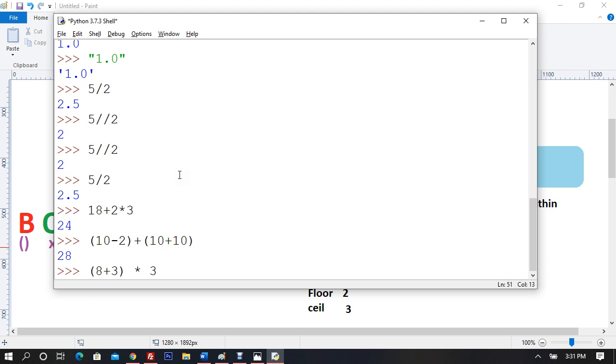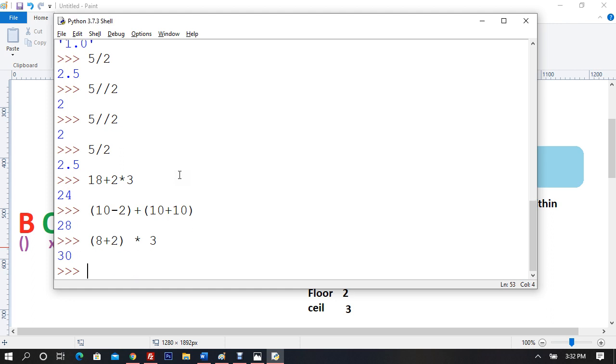What is going to happen first? B, yes, 8 plus 3 is going to be 11. 11 into 3, or let's say 8 plus 2 is 10, 10 into 3, 30.